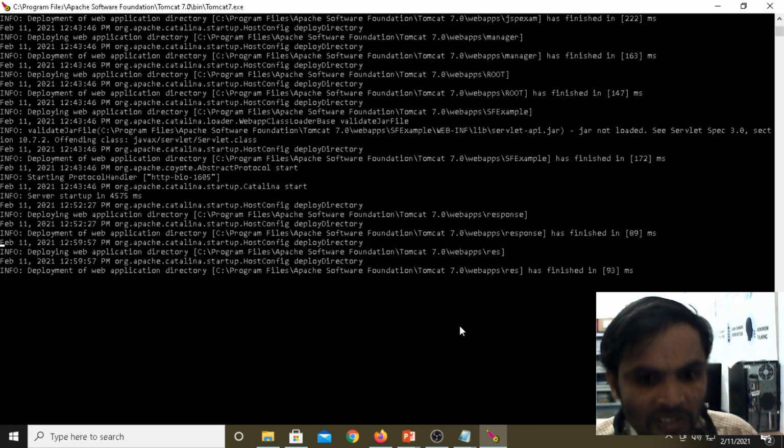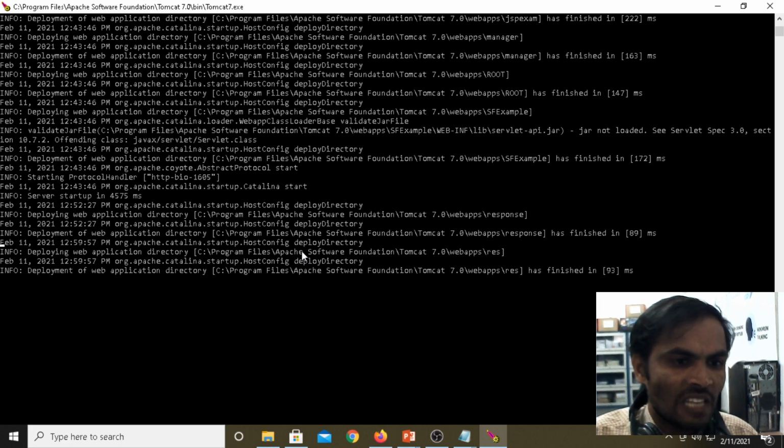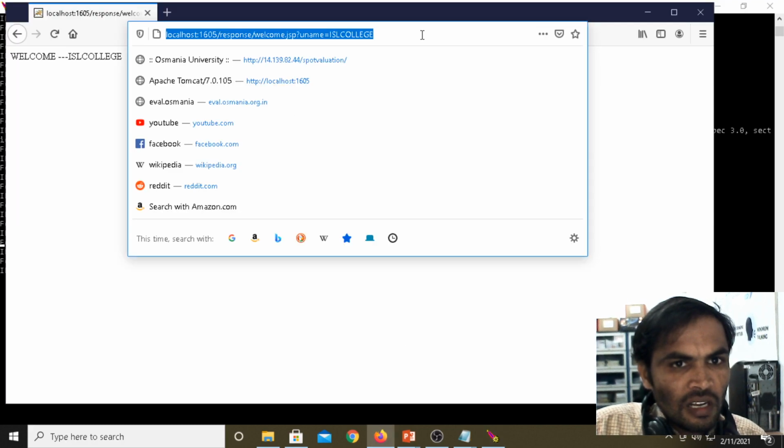it is displaying your res. See here, under the webapps, res means deployment descriptor. When you are deploying, or when you are pasting under the webapps folder, it is reading your directory structure. After reading the directory structure, it is reading within milliseconds, 93 milliseconds, nanoseconds it is reading. Now, if you want to see your server main page, under the server main page, query string, yes, already you